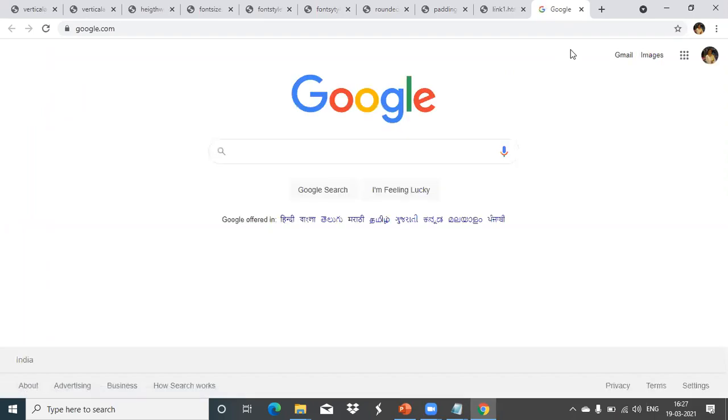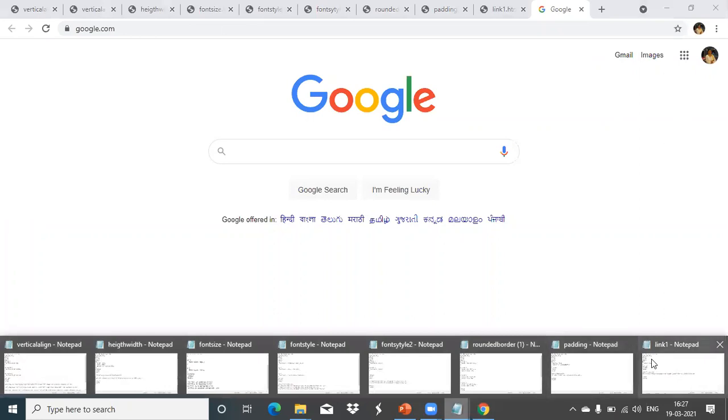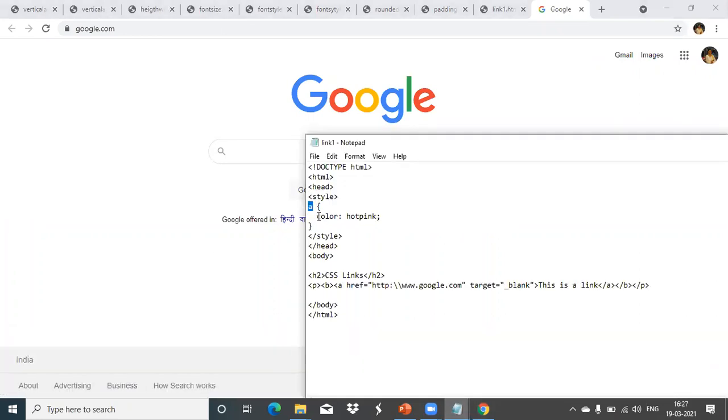See like this. So now that link, we gave a color. This is the particular color we have given. If you click on that one, it will move to that particular reference value we have given. That is google.com only I have given there. So it went there. The only thing we learned now is how to add a color for the link. Okay. Like this. So the color property we have told. This is the color value we have assigned for that tag. Okay. Now another one for the link.